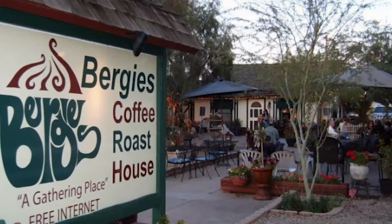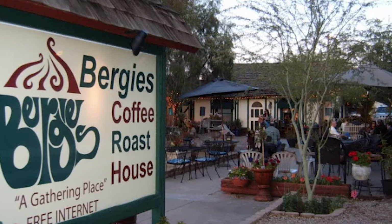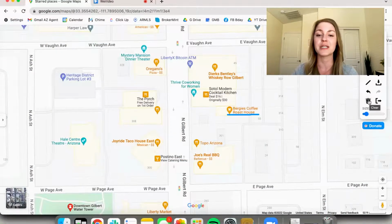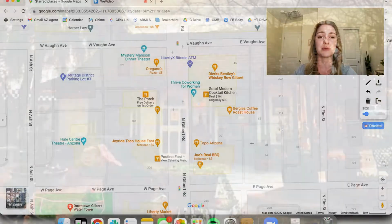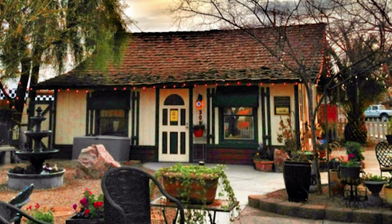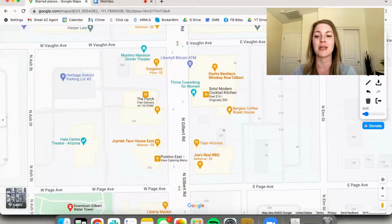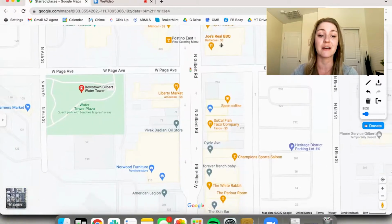Bergie's Coffee Roast House. This place is a staple in Gilbert. It's been there for so long, and it's one of the favorite coffee shops of all the locals. It's one of my favorite personal spots. Whenever I'm in Gilbert, I always stop there. They don't have seating inside, actually. All their seating is outside in this beautiful little garden that they've created. So you've got flowers and all these different tables and benches and seats that you can enjoy while you're out there having your coffee and stuff like that. So whenever I'm in Gilbert, I always make it a point to stop by Bergie's